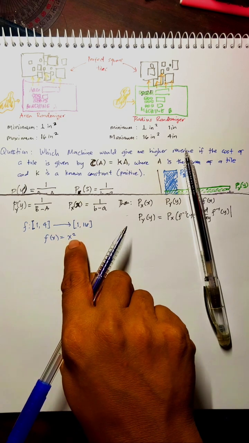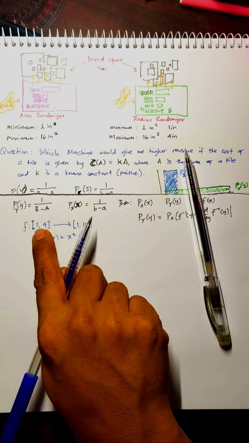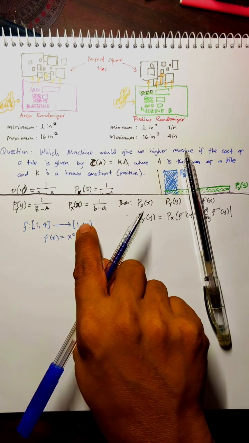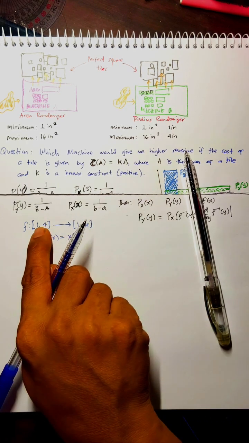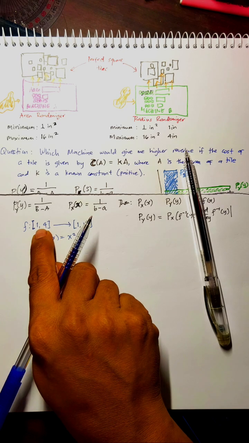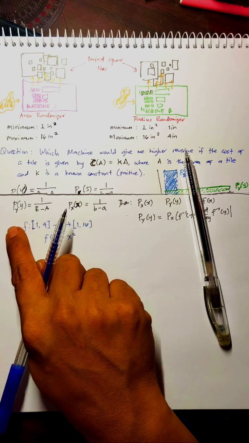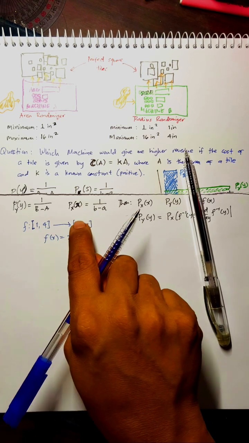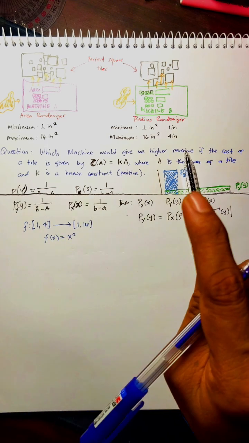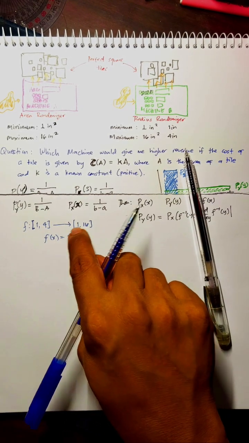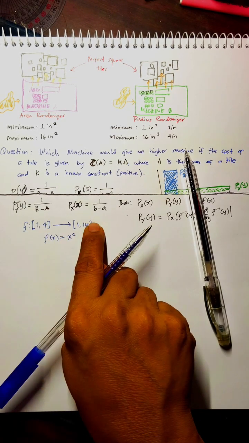is such that for every value here, there's one corresponding value here, and for every value here, there is only one value that belongs to here. And you may say, what about 4? It has negative 2. But of course, as we said, we only limit our domain, so we will not be considering the domain that is outside of this. So our function is actually a bijection. It is a bijective function given this domain and range.